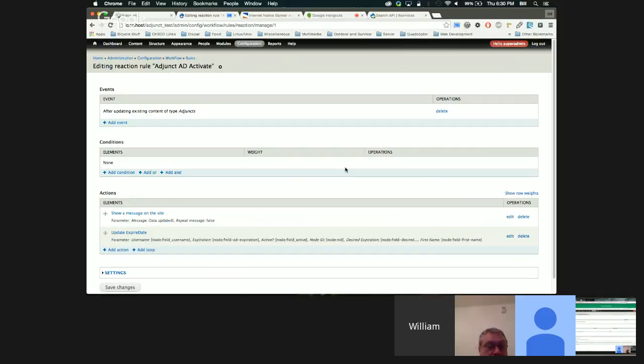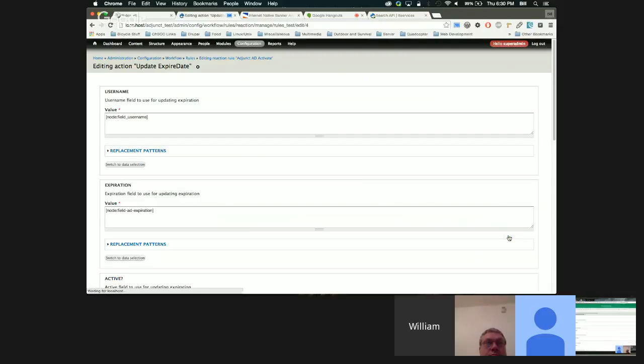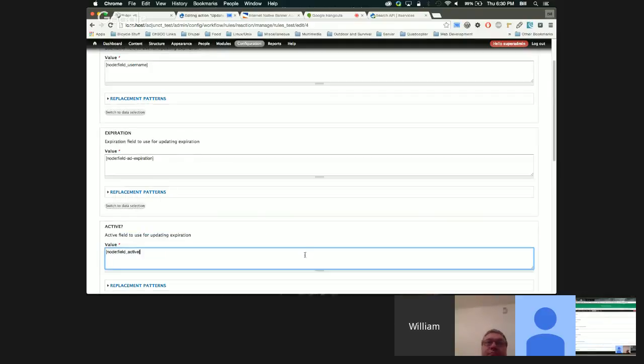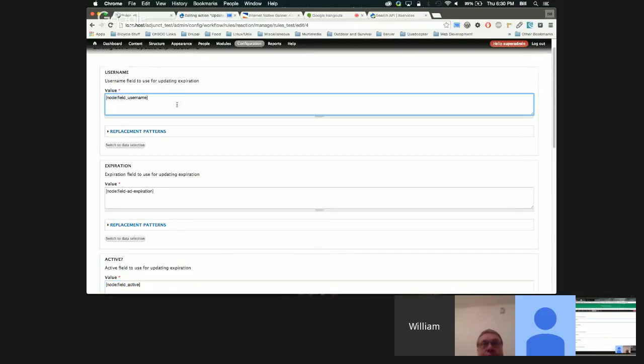So what I've done, I've gone in and set up through the rules API a custom action. And when you set up that custom action, you can populate these extra fields in the custom action. So you can see it's pulling fields from my node that contains all of that user information. So you can actually go in here,